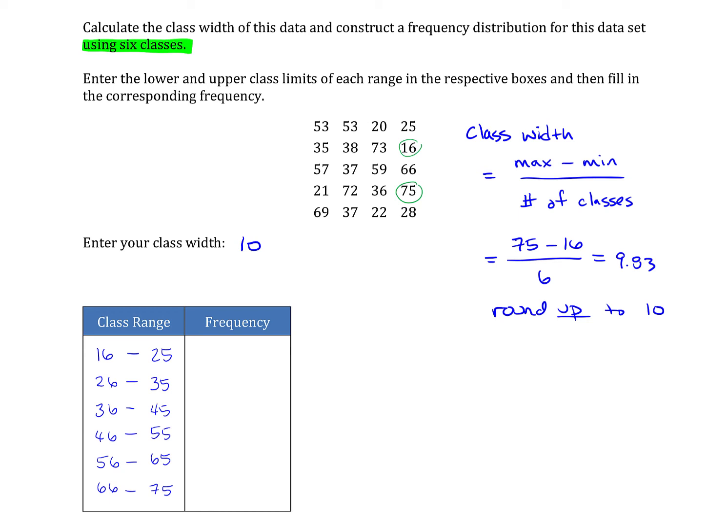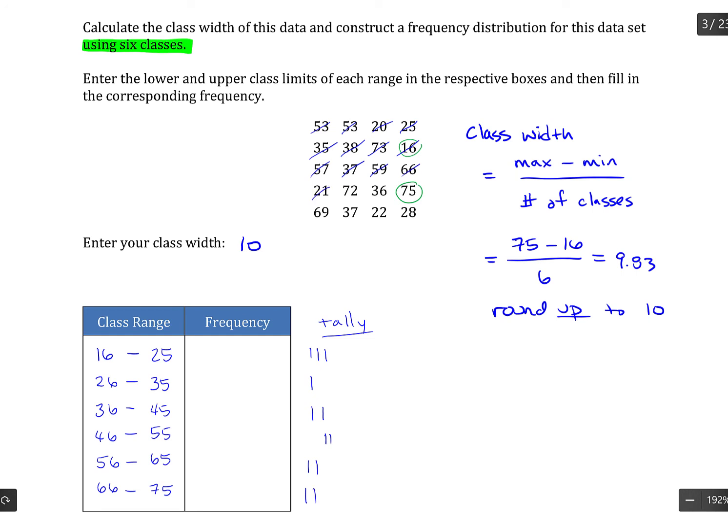For the frequencies, I generally will start a set of tally marks and just go through the data set one by one, fitting each item into a class range. So for instance, 53. That's going to be here in the third class. So I'm going to put a tally mark in the third class. Another 53 is in the same. Then 20, so come up to the first class. 25 is in the first class as well. 35 is in the second class. 38 is in the third class. 73 is in the 6th class, then 16, and we just go one by one, fitting our data into each class. So then 37, it's here, 59 is there,